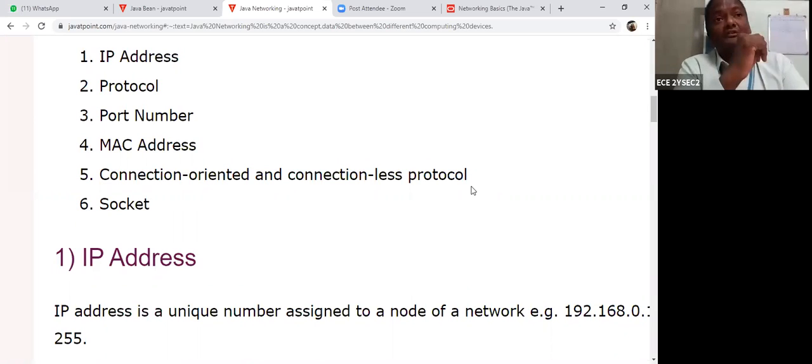If you take the landline, a landline is a connection-oriented service, a connection-oriented protocol, because there is a wire. Once you make a call, your friend lifts the phone. I'm not talking about the mobile, I'm talking about the landline. So what you speak follows the same path, sequentially and without any error.